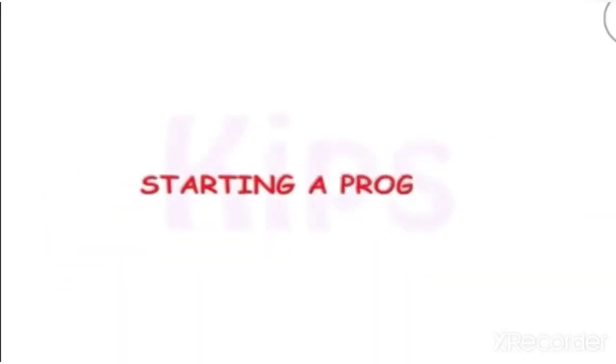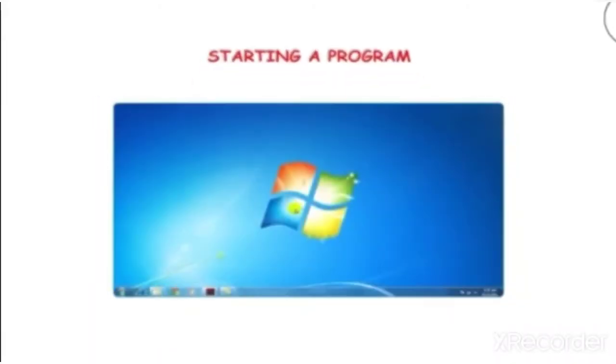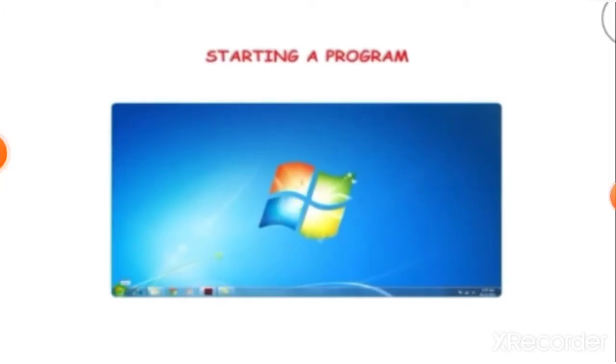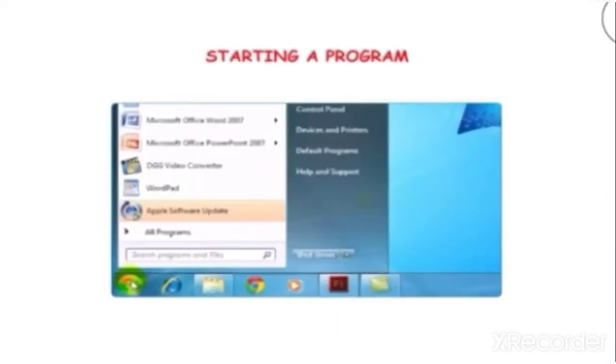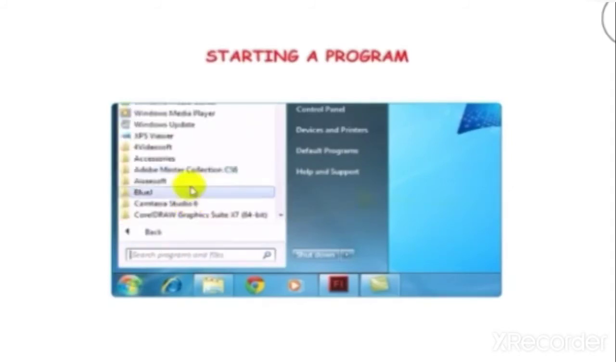Then is starting a program. How can you start any program? It is on page 34 of your computer book. Please see the heading. So let us learn how to start a program. First, to start any program, you will click on the start button like this. I have clicked on the start button. Then you will go to all programs, okay? Or Windows accessories.